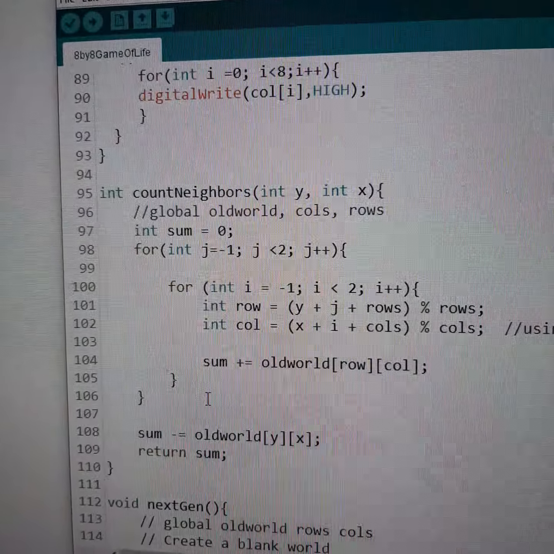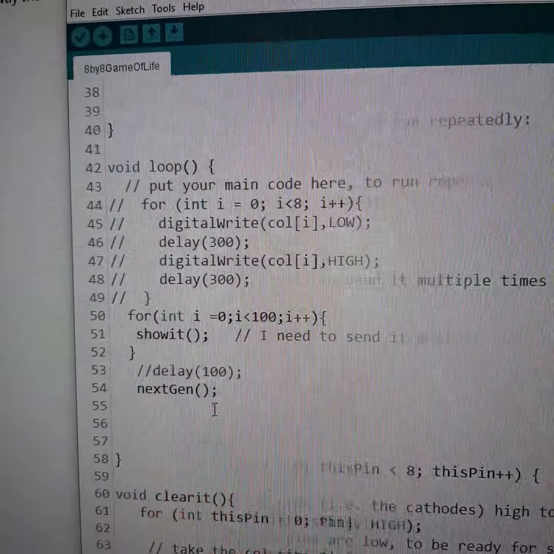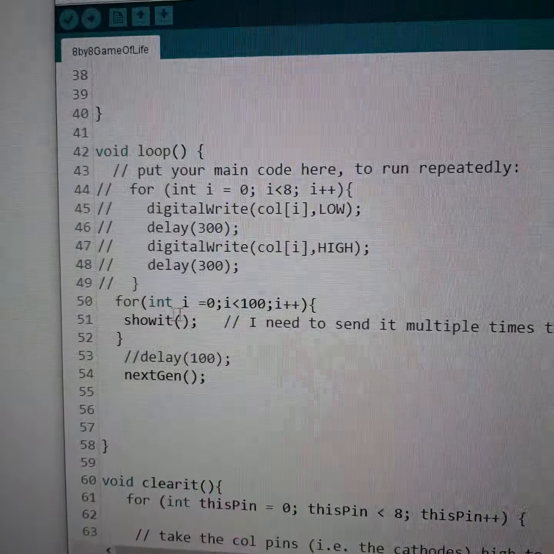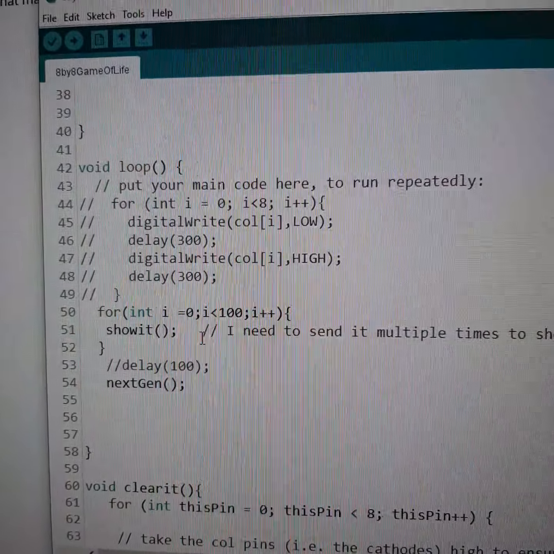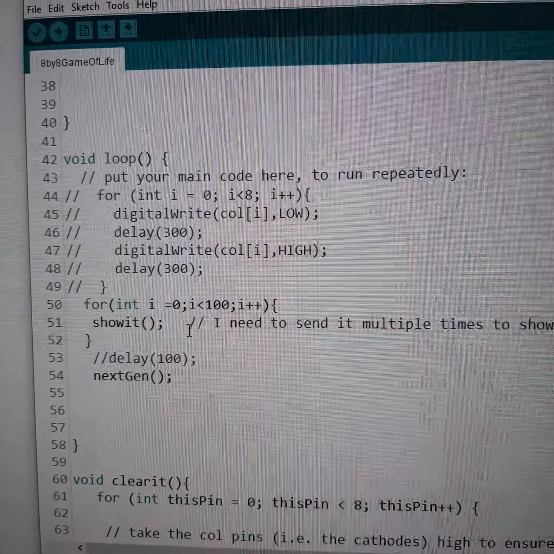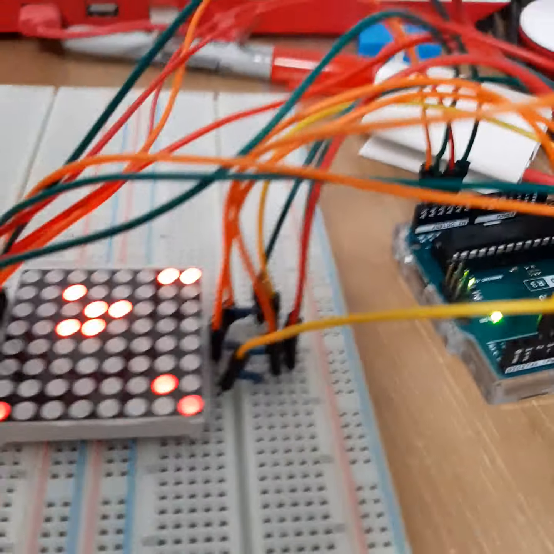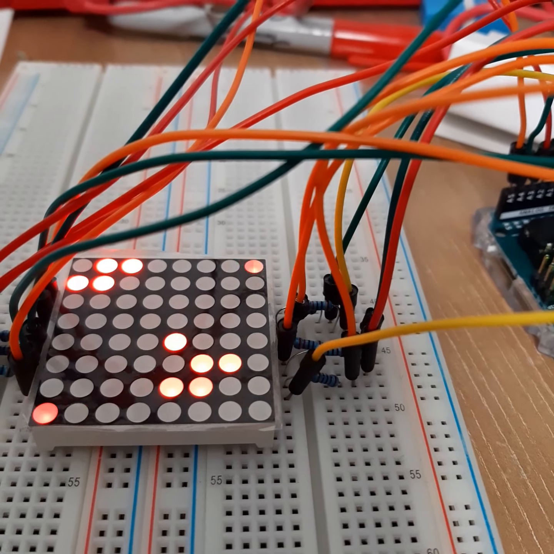So in the loop function, when we loop, we need to actually have another for loop, sending it to show it multiple times, so the animation will be clear. All this code is up on my GitHub,